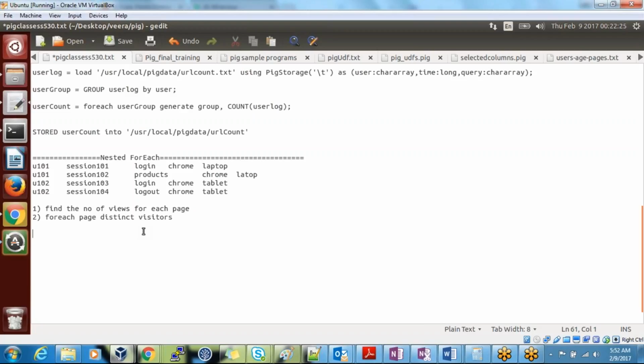Group by function. Okay, first we need to load some path here using big storage.